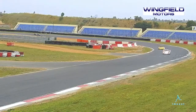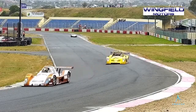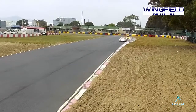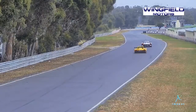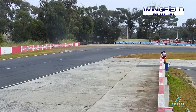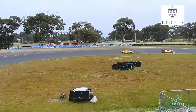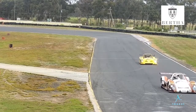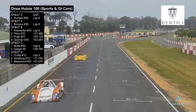And to prepare a car like that is pretty much the same as preparing the 997 Cup car. I guess that the overall running costs over a period of a year is a little bit more expensive as you go up in the model range. But the 997 Cup cars are coming in at around about 1.8 million rand. The 991 Cup cars are around the 2.5 million rand mark. And to run these cars, I would easily put aside anything from half a million to R1 million a year